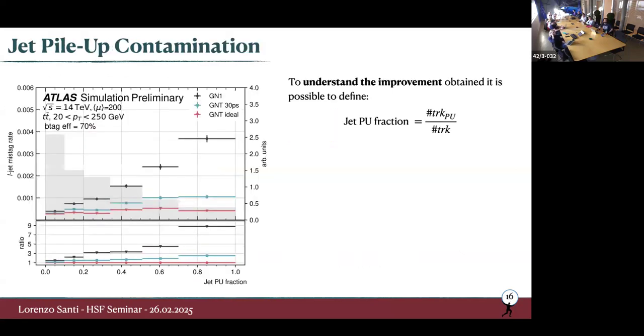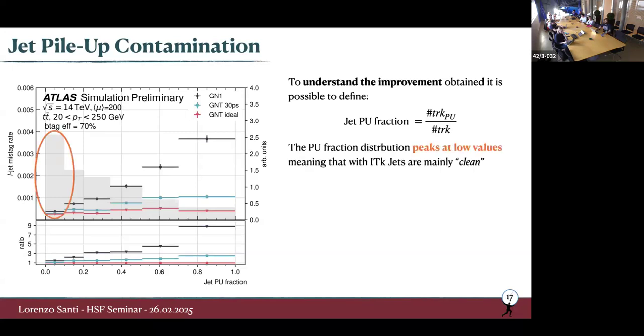To understand what's going on, we can study the jet pileup contamination, which is defined as the ratio between the number of pileup tracks in a jet and the total number of tracks. As you may see from the grayish histogram, this distribution peaks at 0, which means that most of the jets are clean, but we still have a tail at high pileup fraction, meaning that